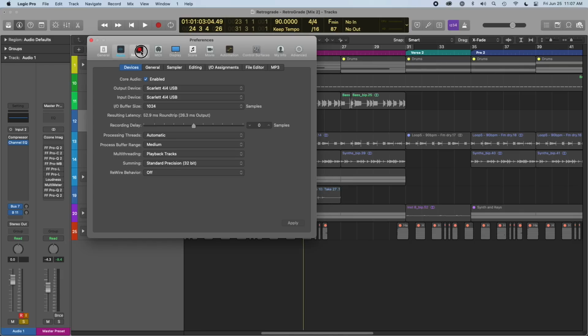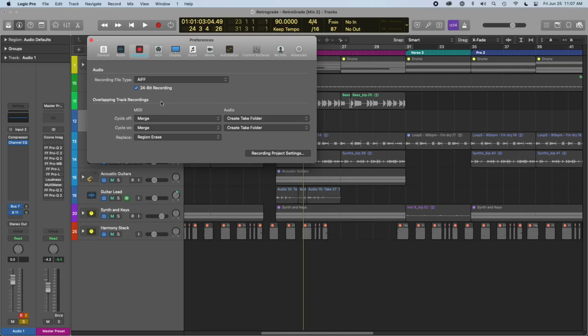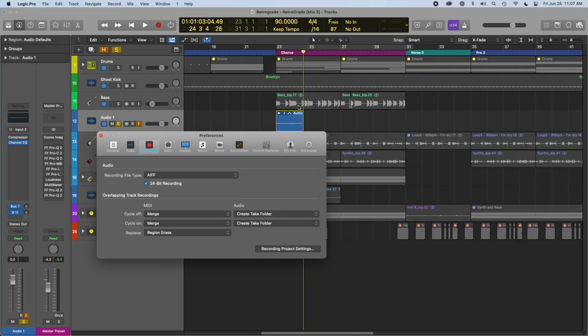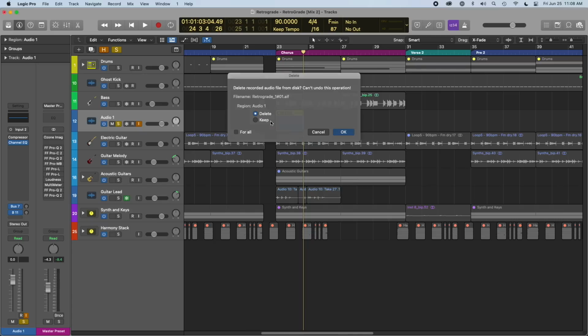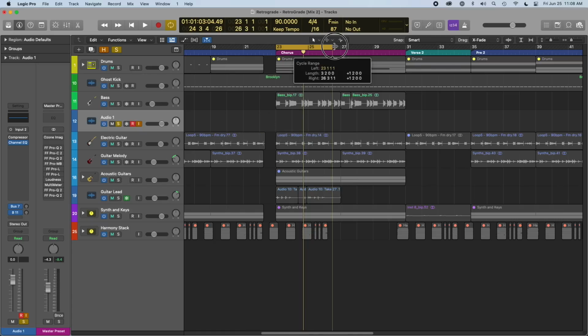Here we are in recording and overlapping track recording. So we're dealing with audio in this example. If the cycle is off, create a take folder. Okay. If the cycle is on, then create tracks and mute, or create track alternatives. Let's do create track alternatives. So in this case, if I delete both of these, put the cycle on, record,